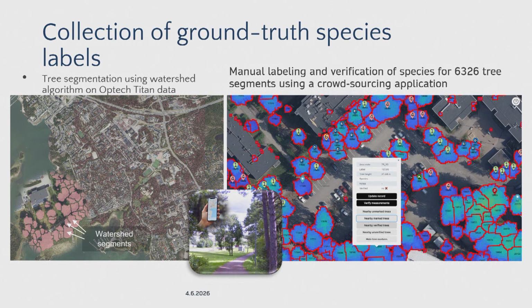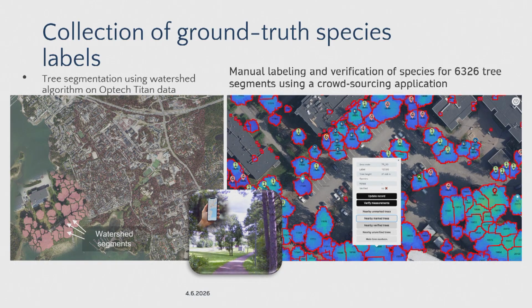This is our web application, so it was on the mobile phone. It has, of course, GPS, but you cannot rely on GPS under canopies or near some buildings. So we had also pre-segmented every tree, and we also had the height information, so a canopy height model was included. And the aerial photos were included. The idea was that we send the people there and you were supposed to carefully check whether this is the tree in the map, and if you were sure, then you mark that this is like a pine.